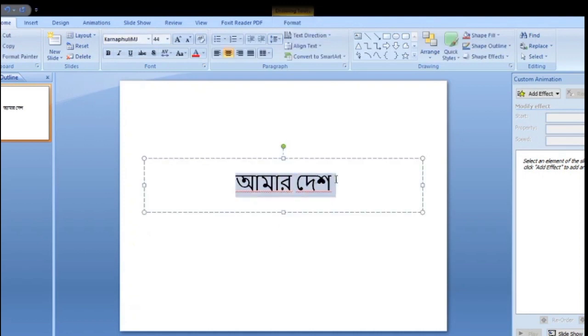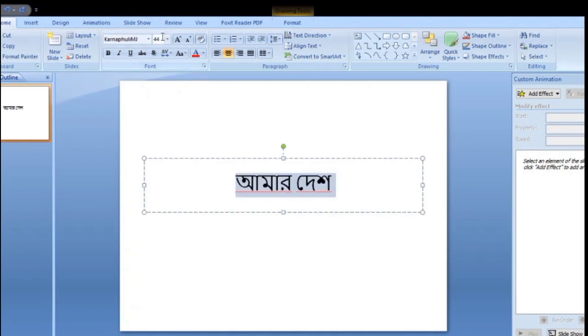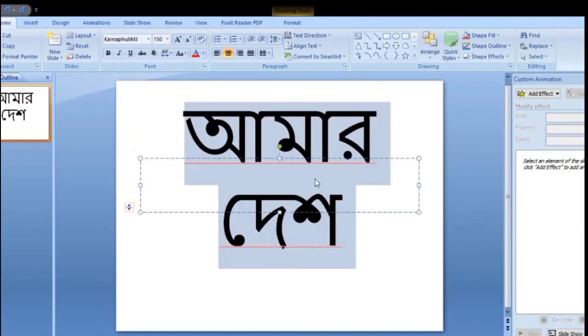And again select the font size, 150. Choose the font size here; the maximum is almost 96, but my requirement is that I want 150. Enter. The text size is too large,